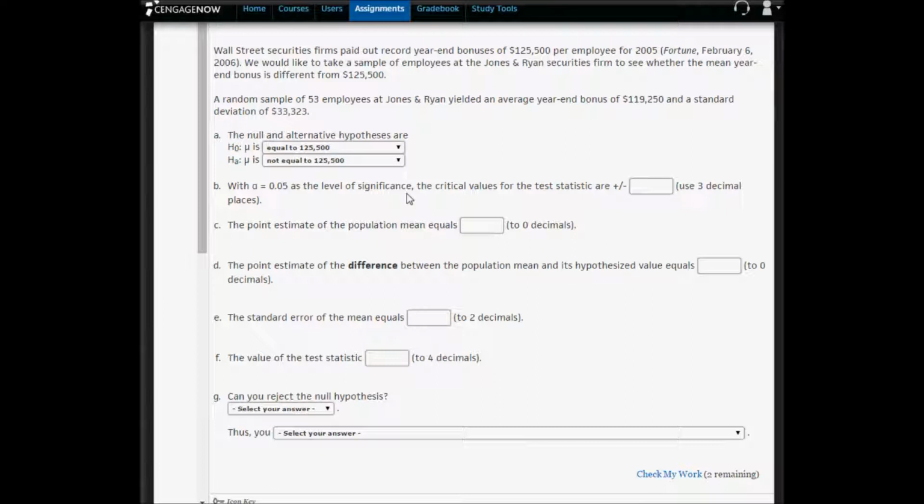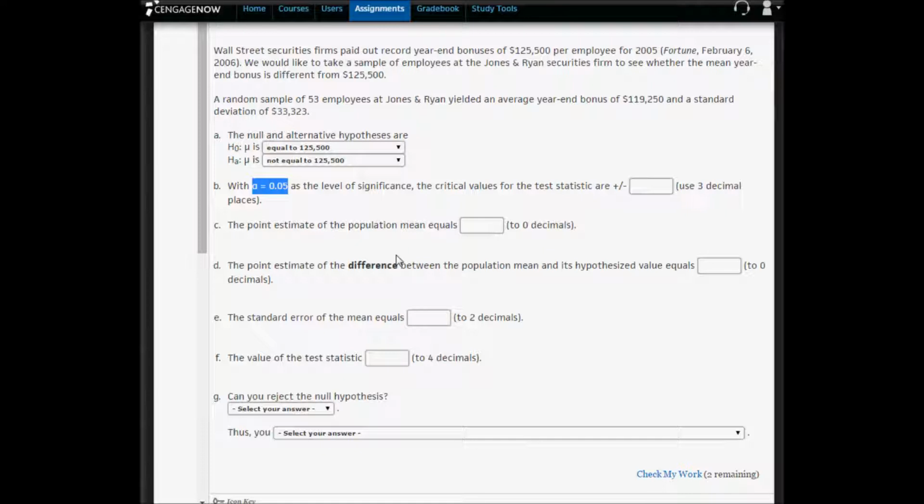Now, because this is a two-tailed test and sigma unknown, now, why do I know it's sigma unknown? Because this sentence starts with a random sample has an average of 119,250 and a standard deviation of 33,323. Now, because this is a two-tailed test and sigma unknown, the significance level has to be split in two,